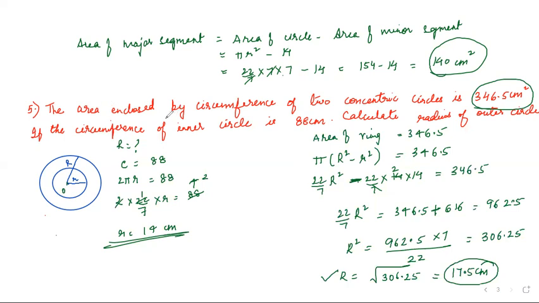So here, whatever information we have, we need to use all of it. So I used the circumference. From it, I got the inner radius. And then I used the area information, from which there was just one unknown, the capital R. And so you can easily find it out. I hope this is clear.